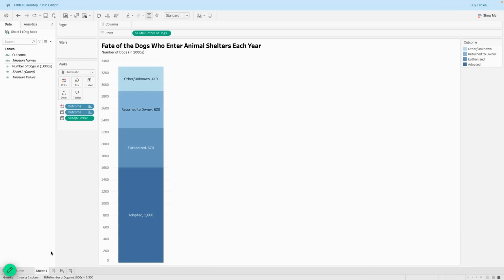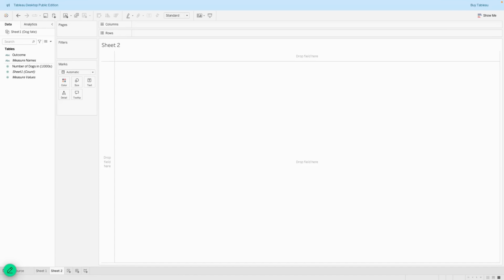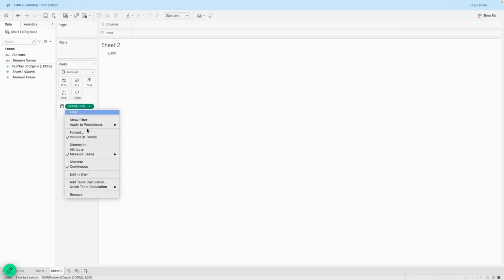Now, the next thing we would do is we'll create another sheet. So this sheet would have our big actionable number, which is BAN. So we want to show the total number of dogs that enter the animal shelter each year. So we could just drag this into the text label, and you have that 3.333. So this is actually 3.3 million, because remember, it's in thousands, right? So we could format it,